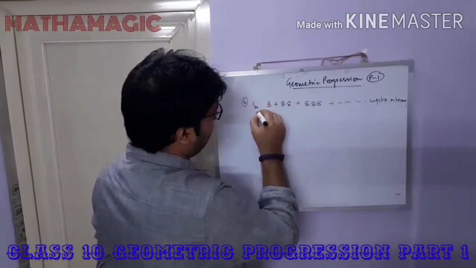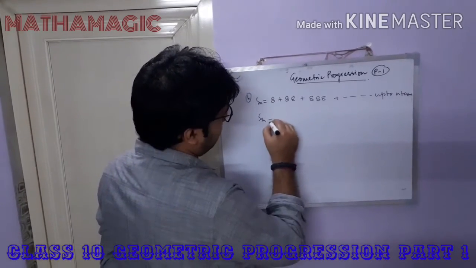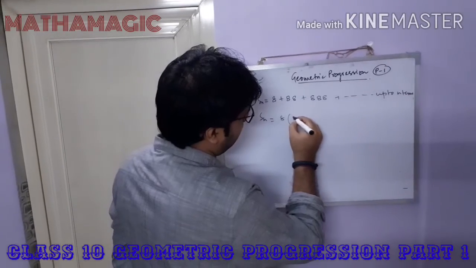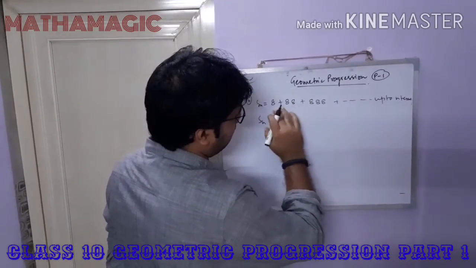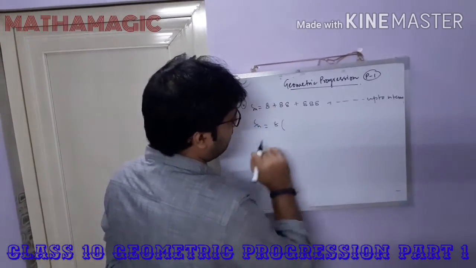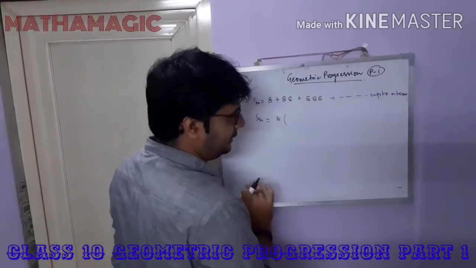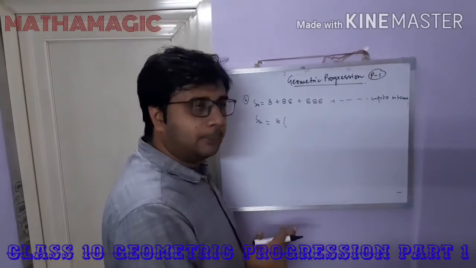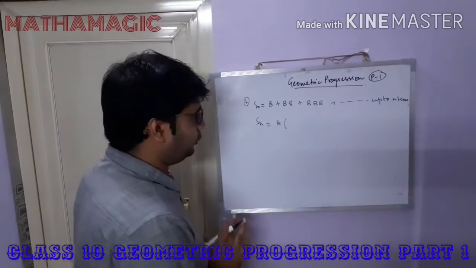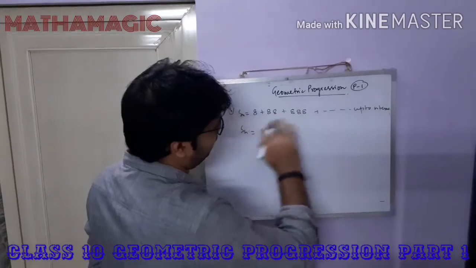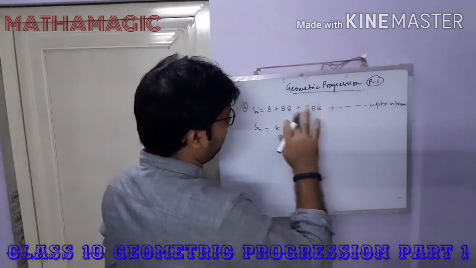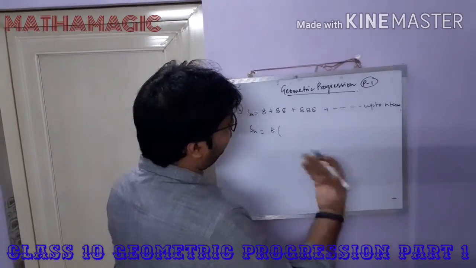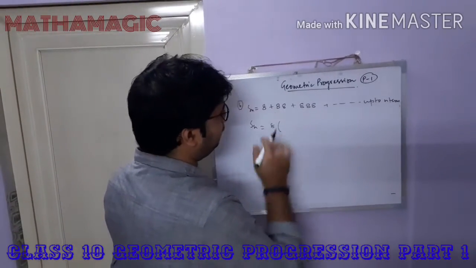So we have to find Sn, right? So we'll write Sn equals, if we take 8 as common, then what will be the value? By seeing this, you can see that this is not exactly a GP series. By seeing, we cannot say that this is a GP series because it is not at all maintaining the common ratio. That is why it is not a GP series. By visualization, we cannot say. So in order to get that visualization of a GP series, we need to perform these particular steps.